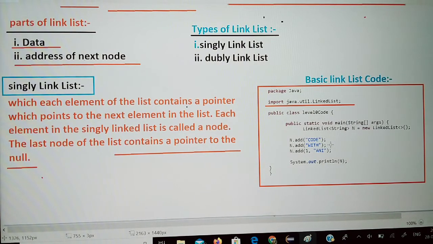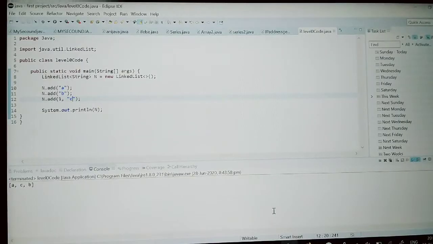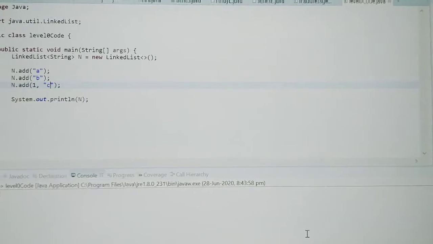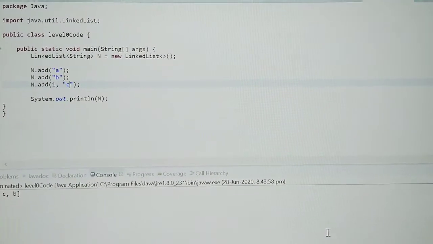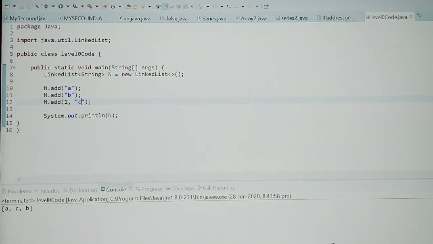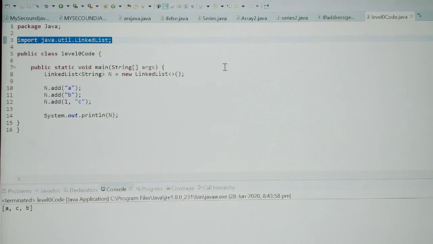So see this code. Now I am in the Eclipse compiler of Java. Here you can see this is the code, and that is the package of Java. This is the import of LinkedList, and then the public class.